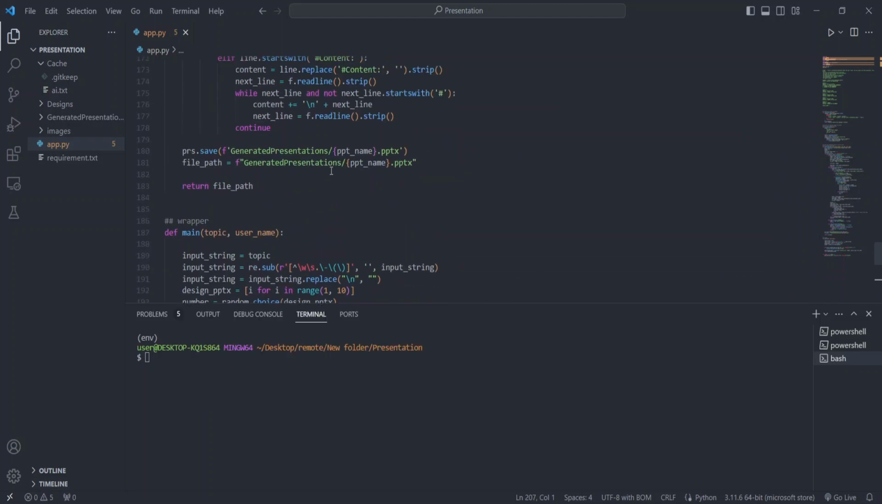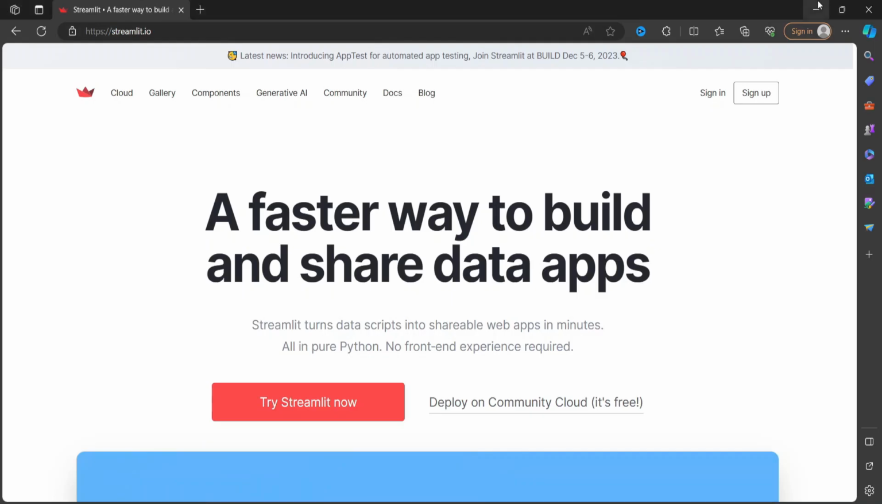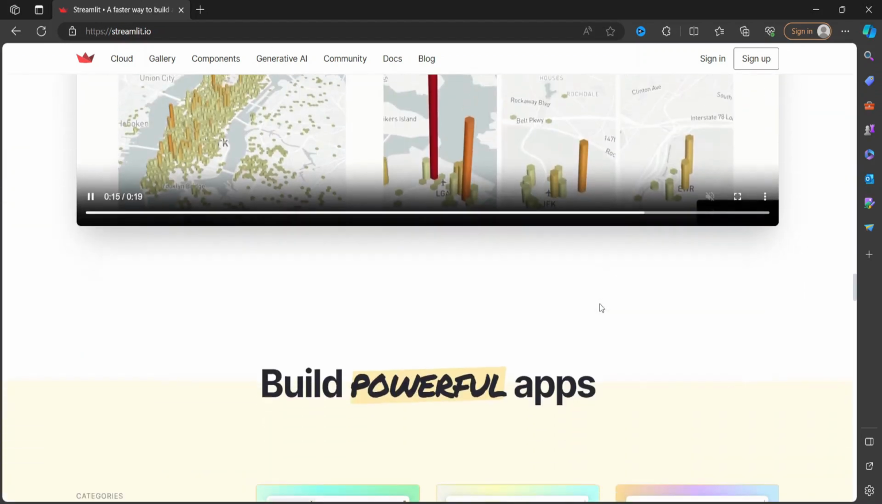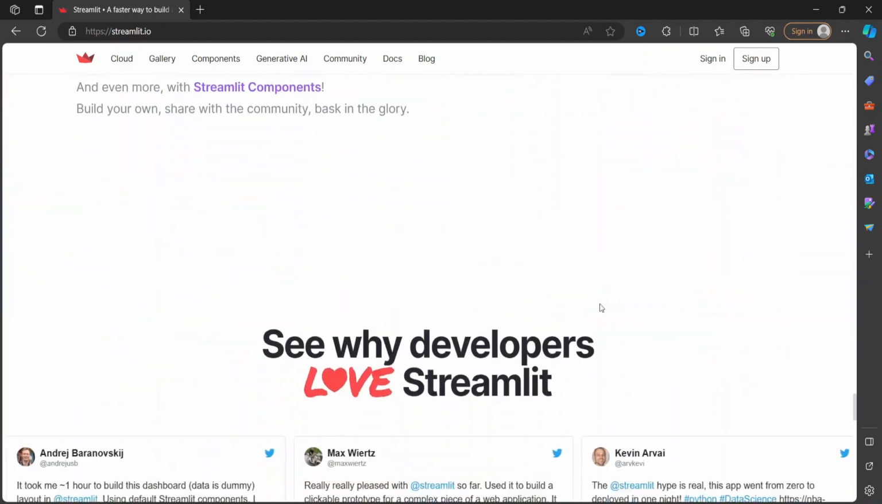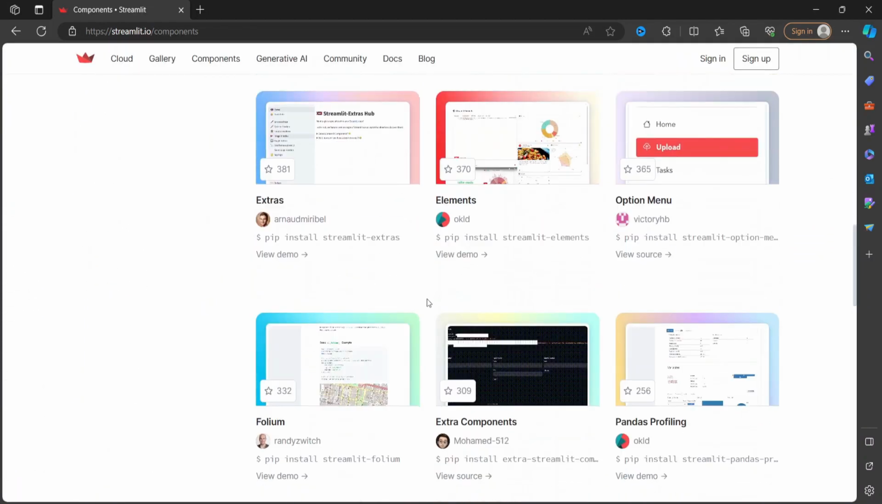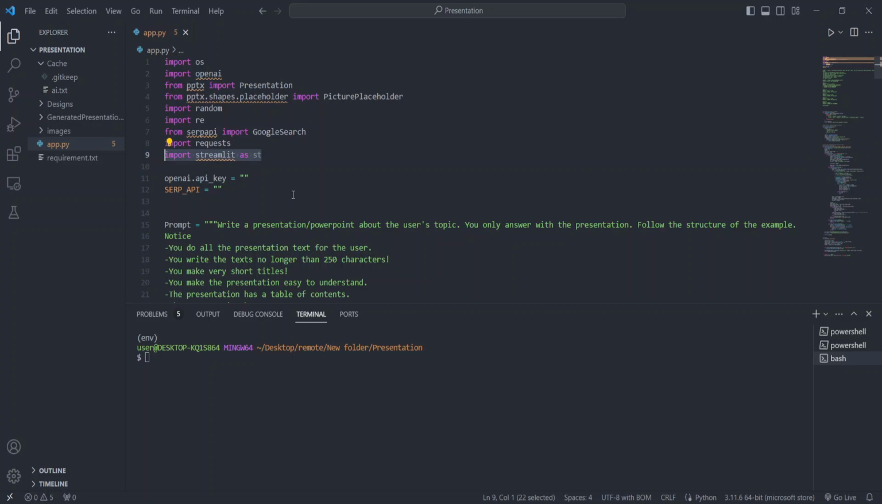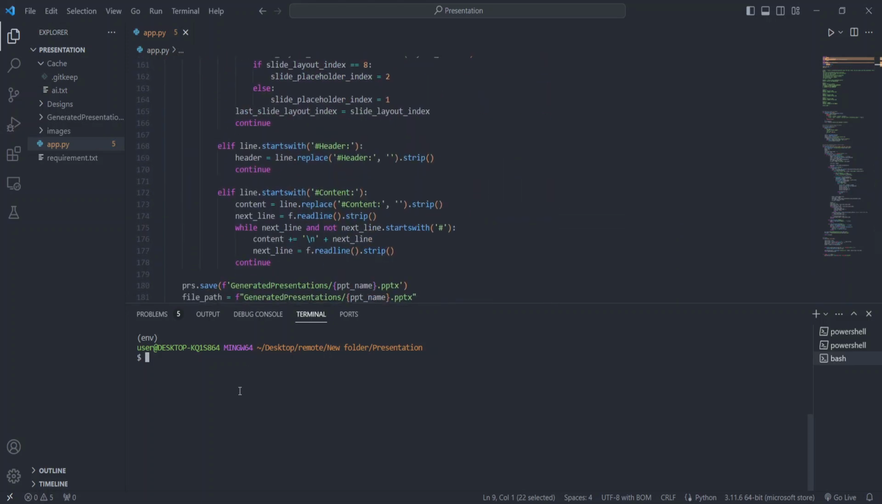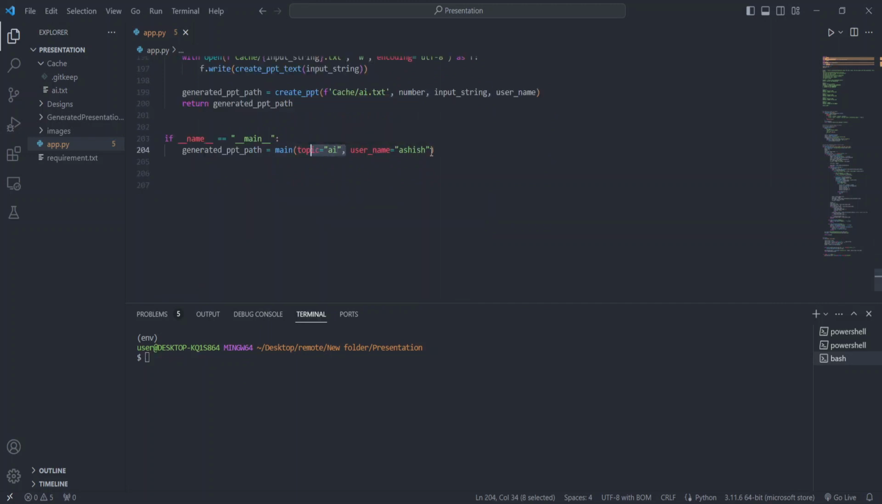Now let's try to add a simple UI layer with Streamlit. If you don't know about Streamlit, it is a framework that allows users to create a web app from Python code easily, as it provides a wide range of UI components. So we can import Streamlit as st. To install it is simple: pip install streamlit and you are good to go. As our main function contains two inputs, topic and username, we need two text fields